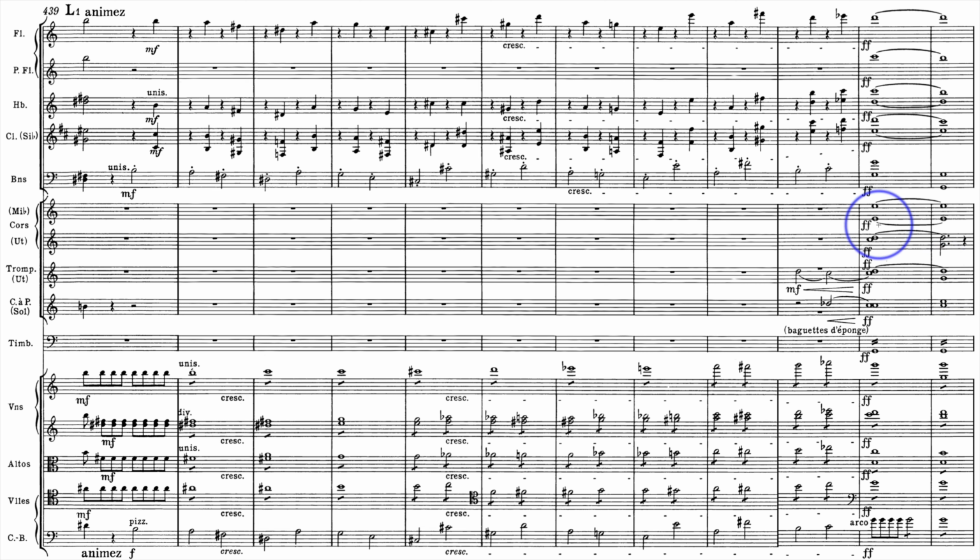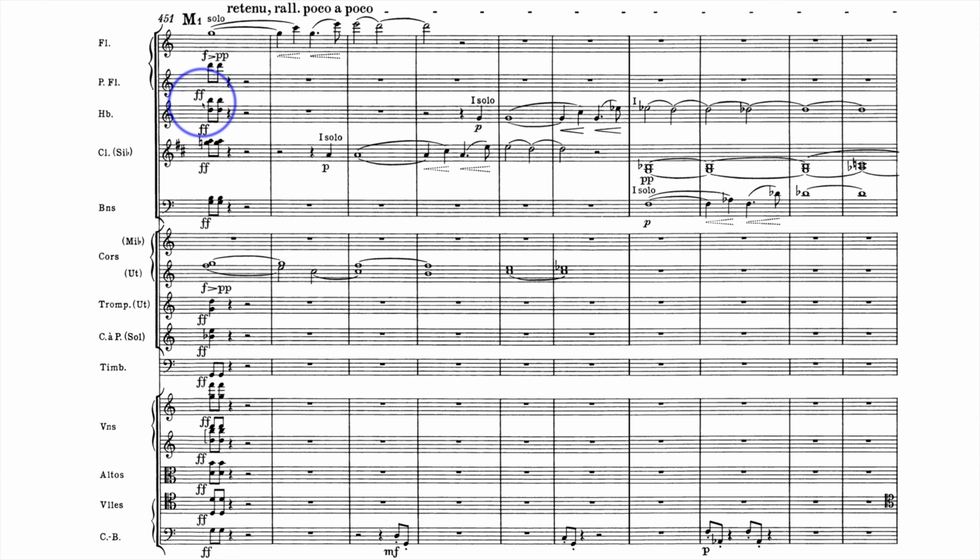Of course, that G is already being underlined quite beautifully by these E-flat horns, the written E sounding G octaves down a sixth. So it all comes together quite beautifully right in here. It's just a wonderful tutti chord, and very simply done. One tiny little detail that might be worth looking at, just soft mallets right in here. Spongy baguettes. So you might think, once again, that Berlioz is going to resolve